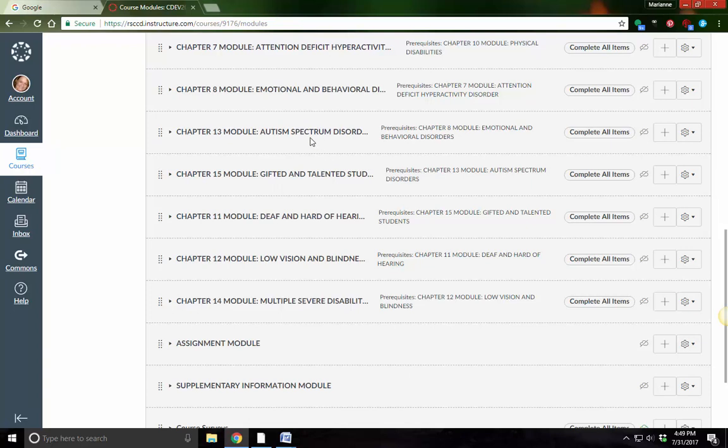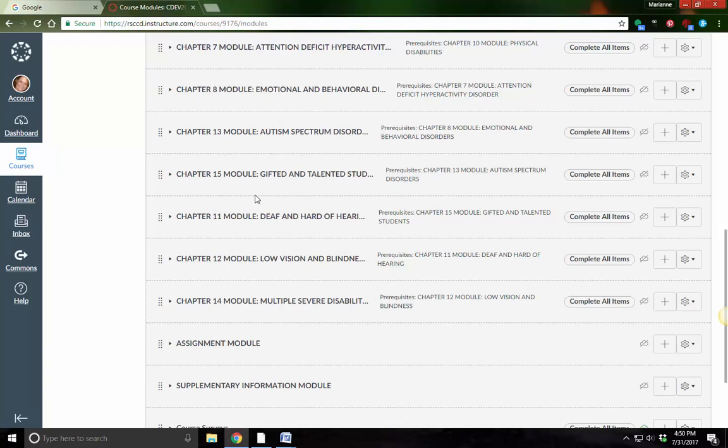As we move on, Chapter 13 is Autism Spectrum Disorders, or ASD. Again, a lot of people take this class because they have somebody in their family or they want to work with kids like this. Again, a piece of my heart is here too because my son is dually diagnosed with ADHD and ASD. And actually, the school has him categorized as EBD as well. So this is the life that I live right in here. And again, it's never a dull moment. It's never two of the same days in a row.